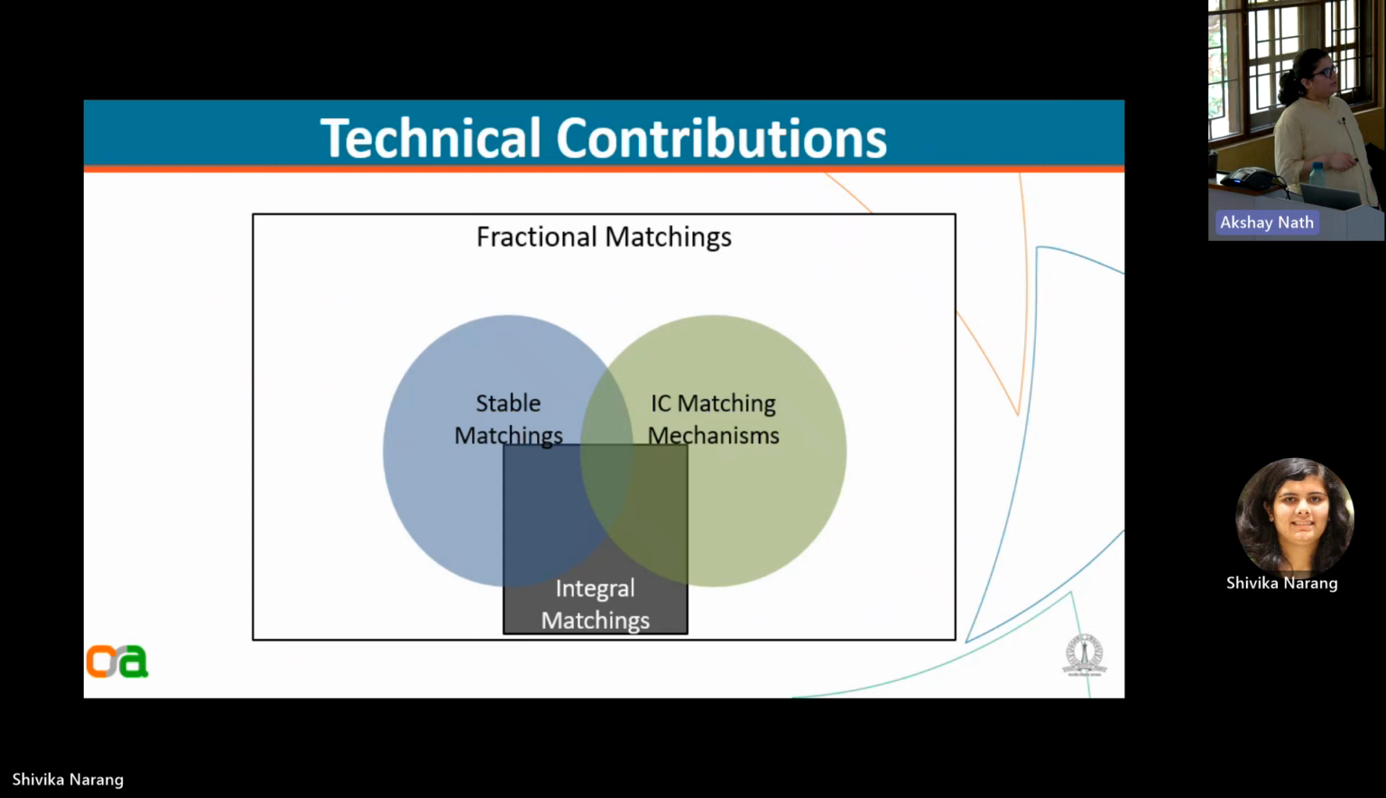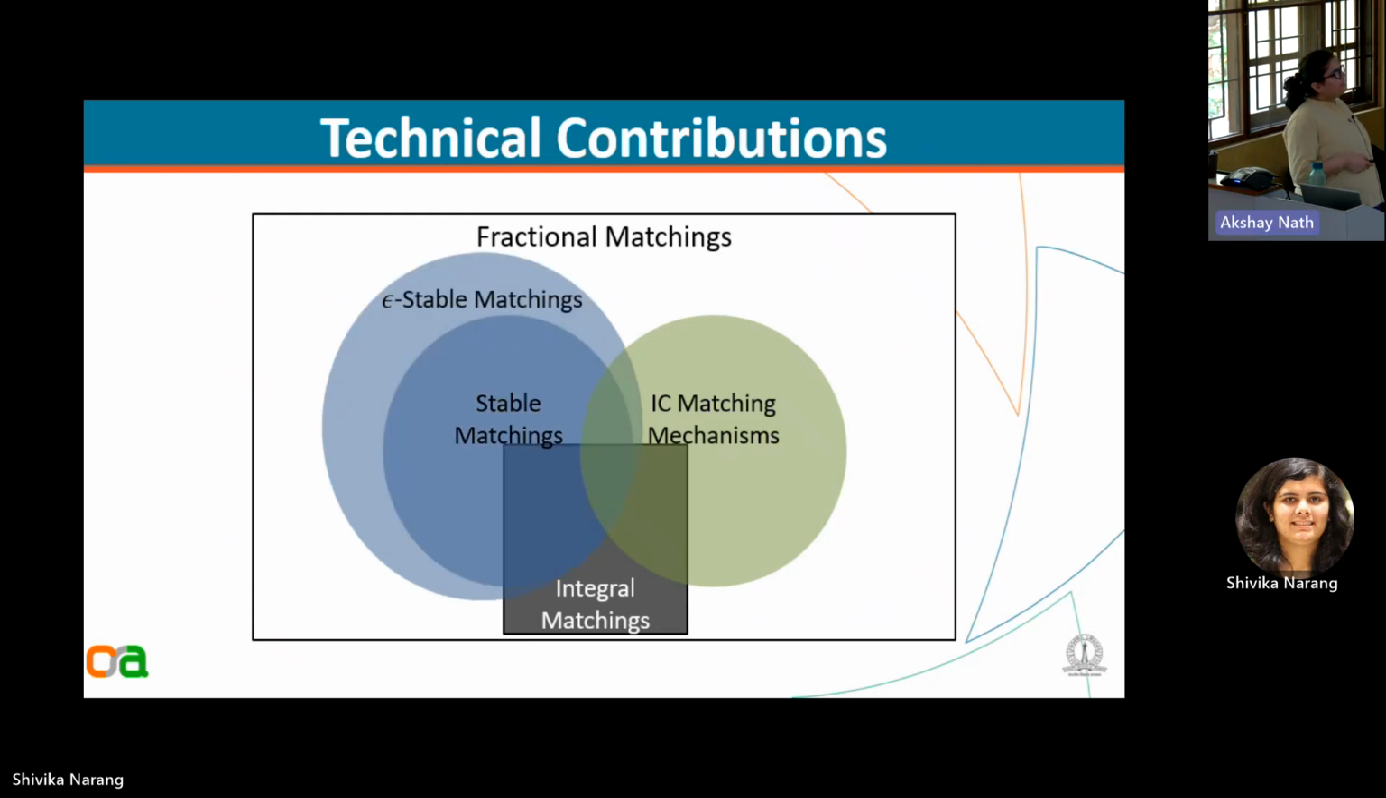So there's about 40-year-old result which shows that this intersection is empty. Not NP-hard, it's just empty, it need not exist. So what we show is that the fractional part also is empty. And not only that, if you were to even relax stability to approximate stability, even then you cannot have an